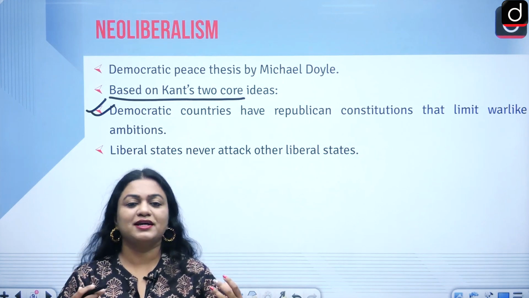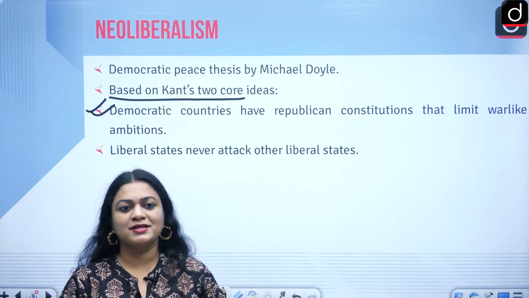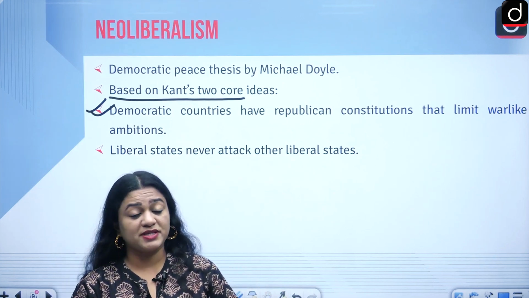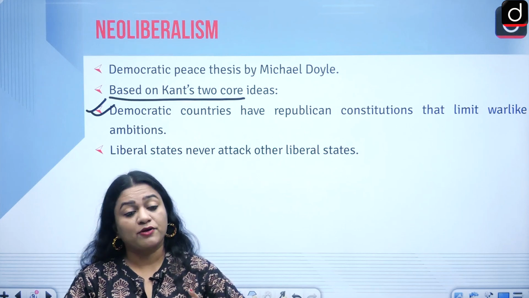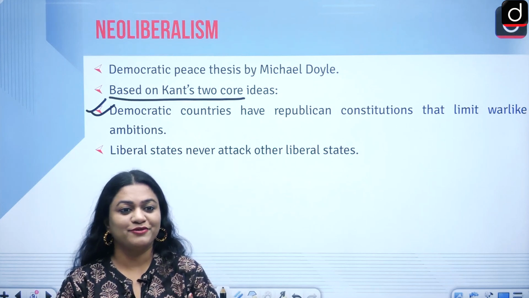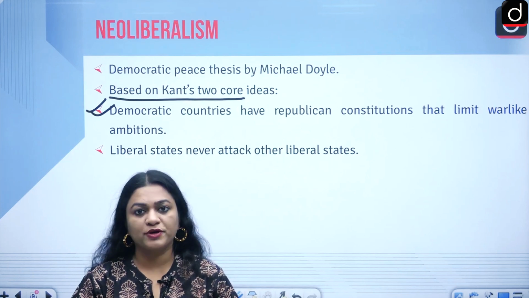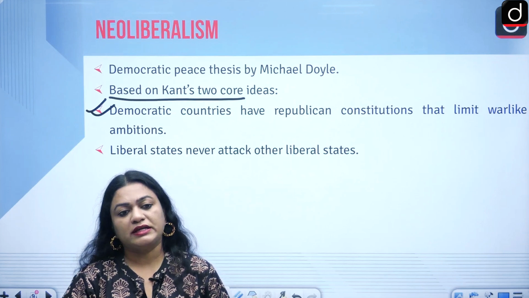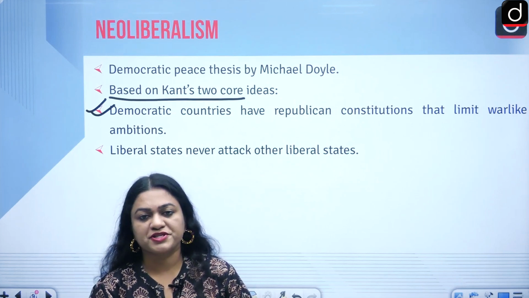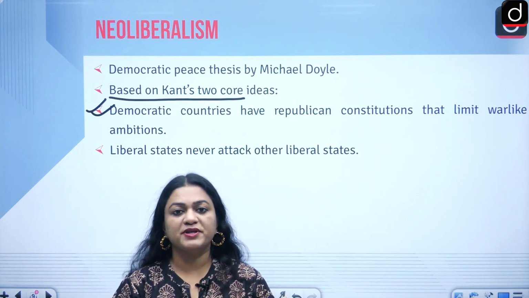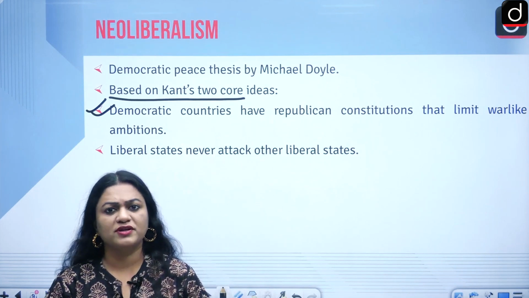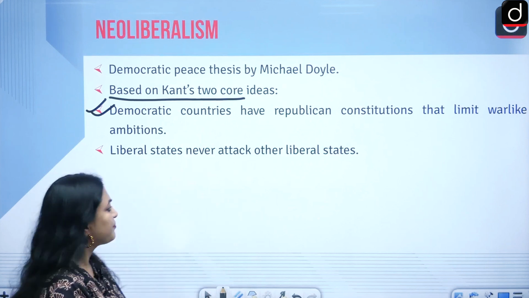So he was highly influenced by Immanuel Kant's democratic peace thesis. According to him, if you have a liberal constitution, if you promote democracy, then it can create more cooperation in the world, more peaceful understanding, and concrete issues can be solved. Okay,